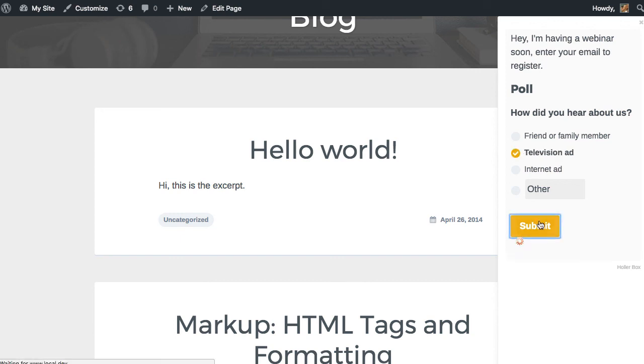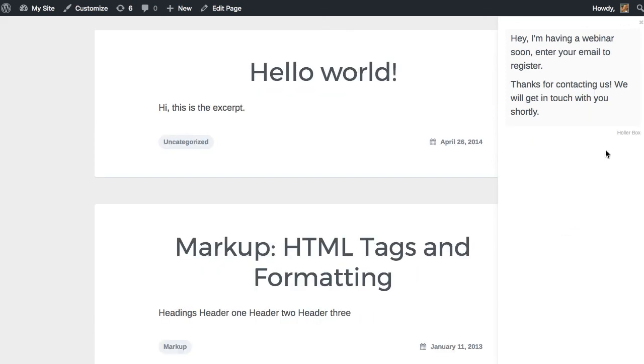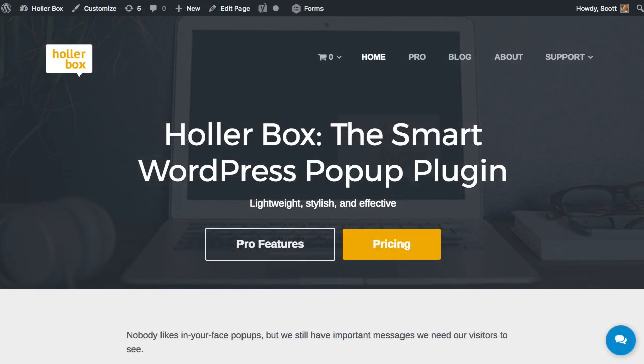And I could submit the form and say this works great for feedback or for any content you have that's bigger than, and again, that's available in the Pro version, along with lots of other features which you can find